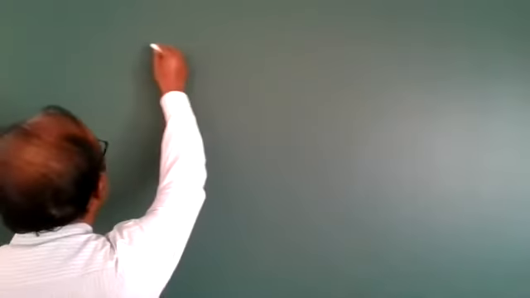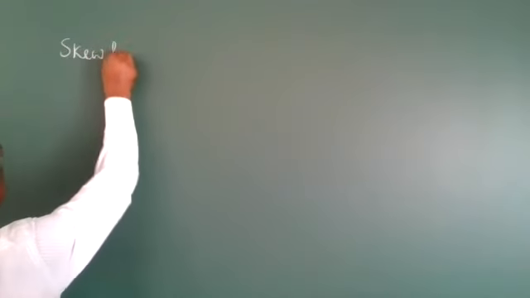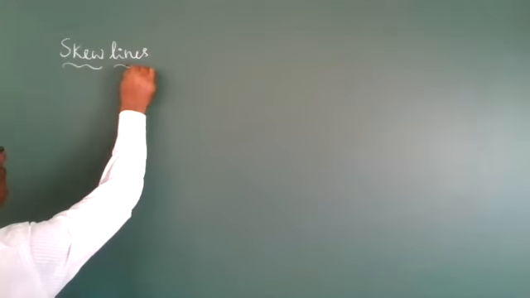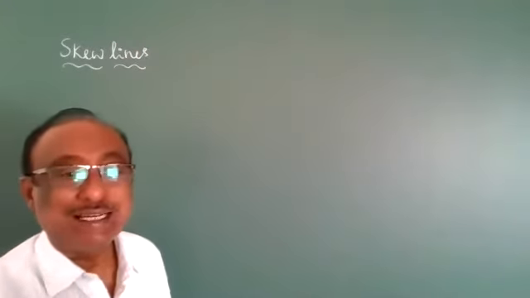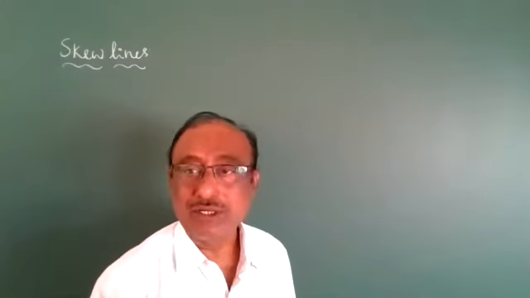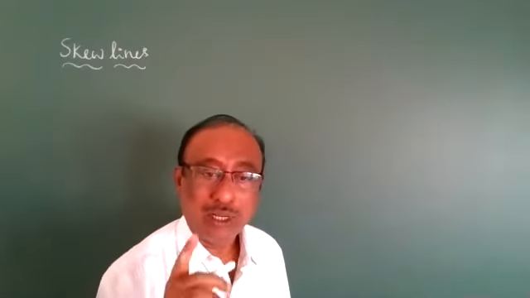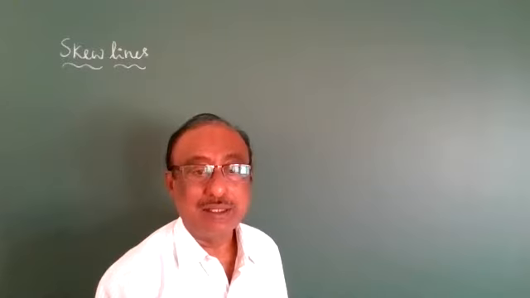Right, everyone see the shortest distance. What are skew lines? First, we are going to discuss the skew lines. What is the meaning of the shortest distance between two lines? Lines have different formations. See, one is parallel lines, one is perpendicular lines, one is intersecting lines.